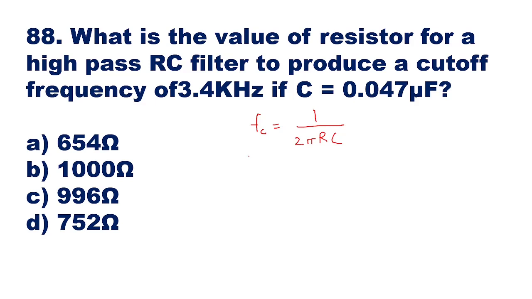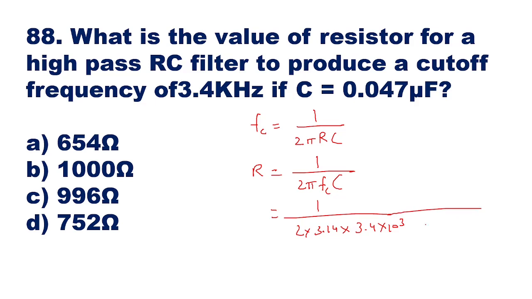Here we have FC as 3.4 kilohertz, and we have to find R. So R will be equal to 1 upon 2 pi FC into C. This is 1 upon 2 into 3.14 into 3.4 into 10 to the power of 3,